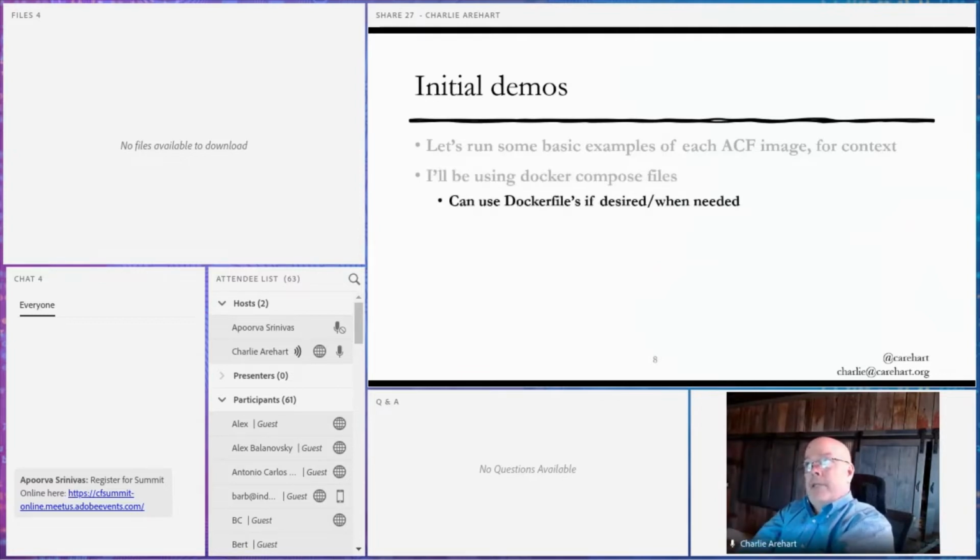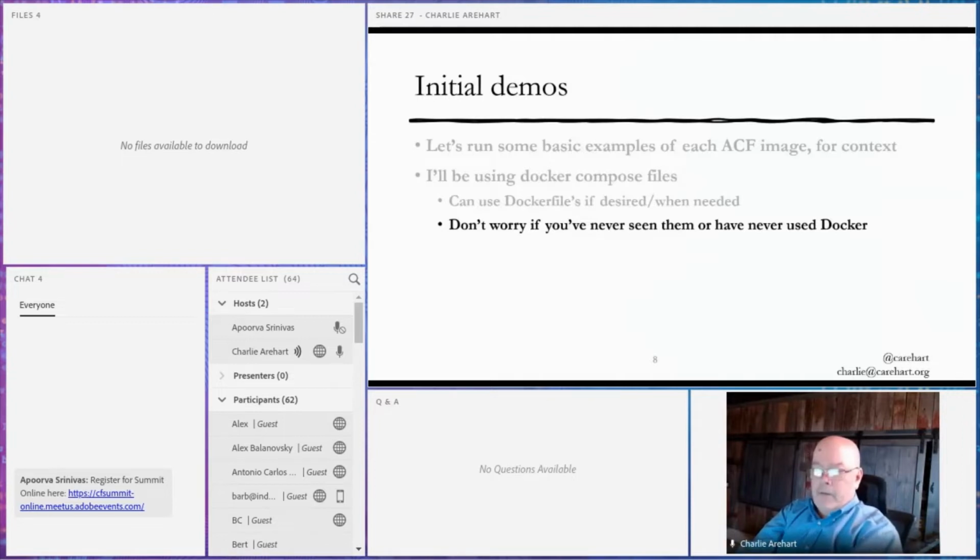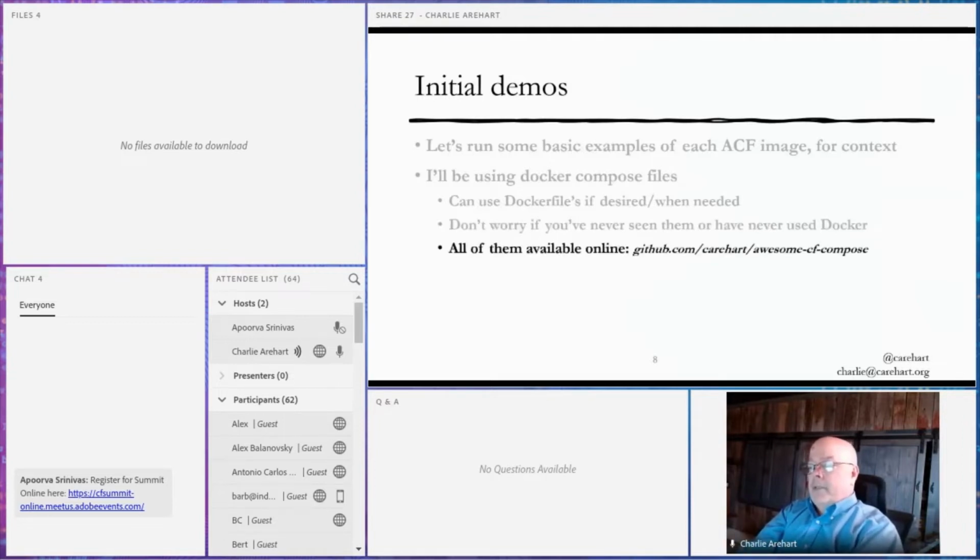I don't generally, for various reasons, not because I don't want to, but just for the sake of keeping this simple and creating that site called Awesome CF Compose. It was focused on Compose, so I kind of went nuts and used Compose files for everything. I'm probably going to change it soon to also offer Docker files. I have an example. I'll show you one. And again, if you've never used this stuff or if you've never used Docker, it'll still make generally pretty good sense. And like I said, all this stuff I'm about to show you is on my GitHub project called Awesome CF Compose. And you probably haven't heard anybody talk about it. I haven't really,